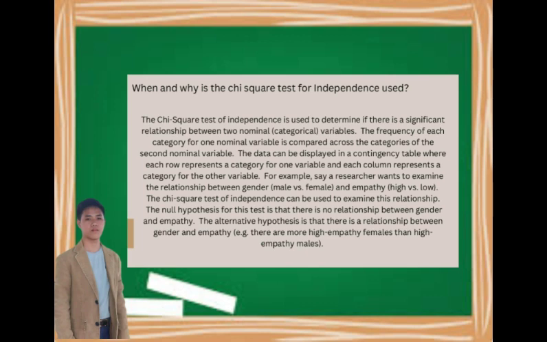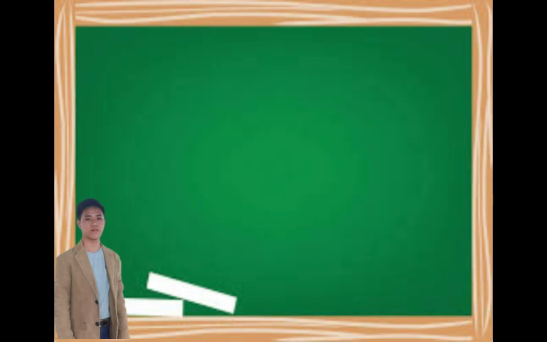The chi-square test of independence can be used to examine this relationship. The null hypothesis for this test is that there is no relationship between gender and empathy. The alternative hypothesis is that there is a relationship between gender and empathy. Example, there are more high empathy females than high empathy males. So in order to know whether these two have any significant relationship, we need to use the process of the